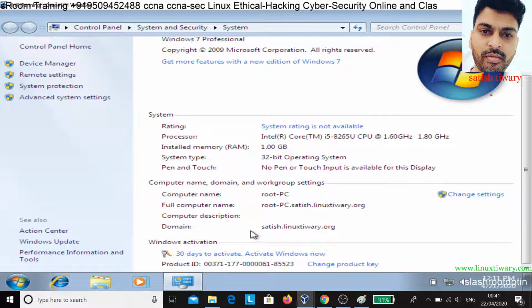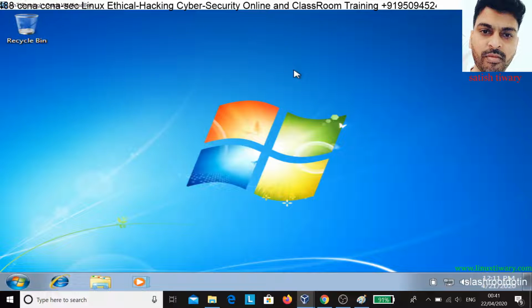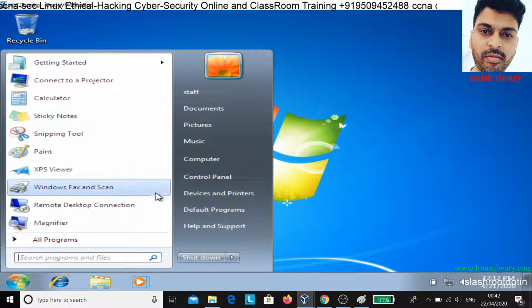You can see I am connected with which domain? satish.linuxdui.org. It means you are logging on to the satish.linuxdui.org domain, Active Directory.